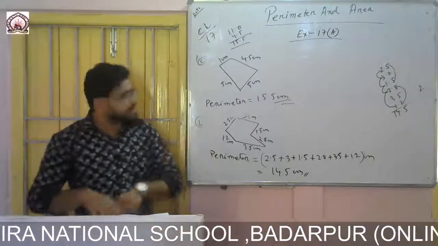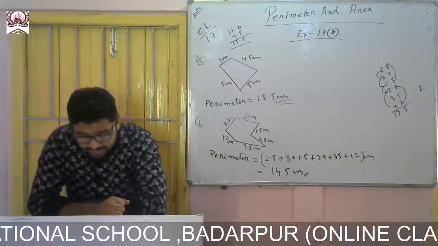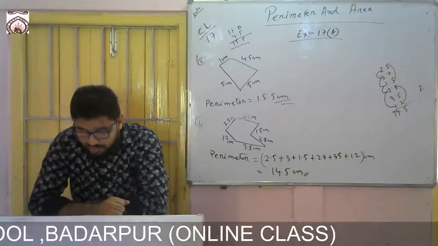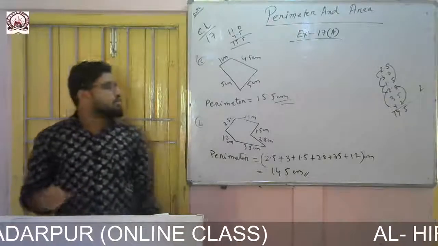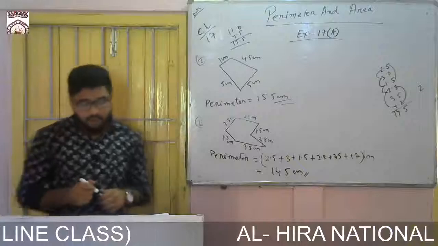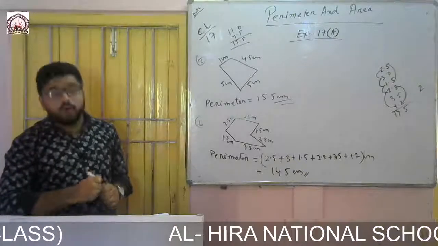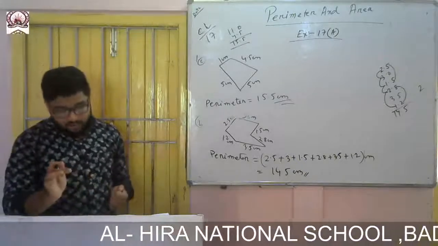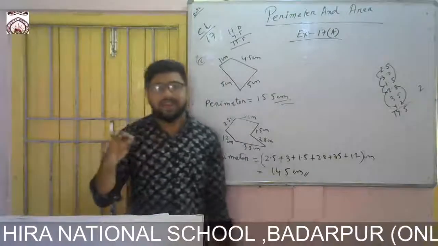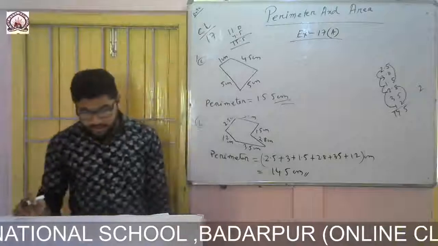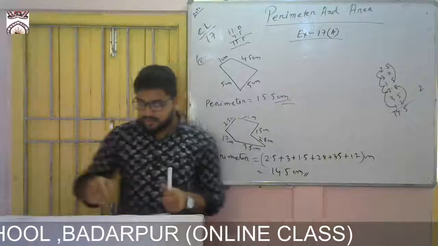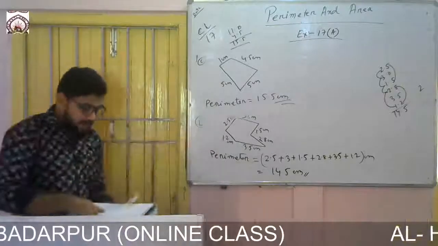So in question number 2, what is there? Fill in the perimeter of the rectangle. P equals perimeter, L equals length, and B equals breadth. So one thing you remember, how to find perimeter? Yes, we know. What do we use? 2L plus 2B to find perimeter. So by using this formula, we'll be finding the perimeter.